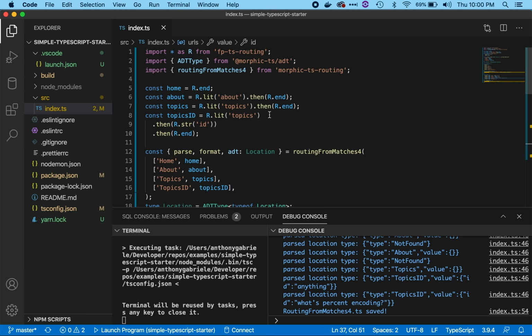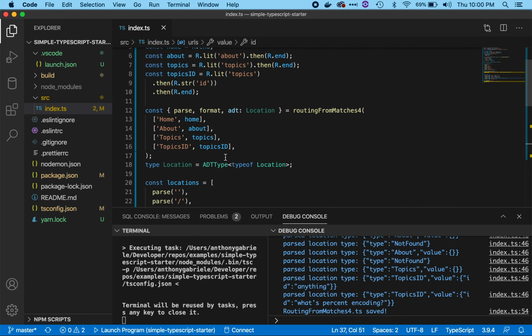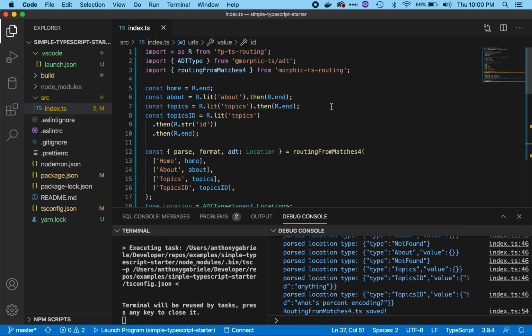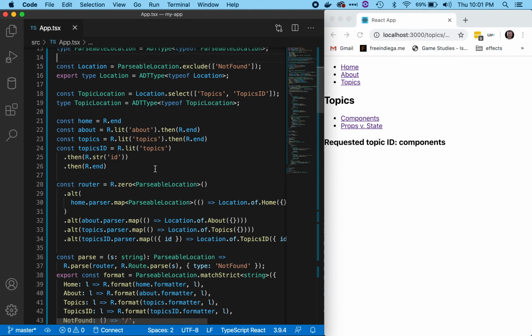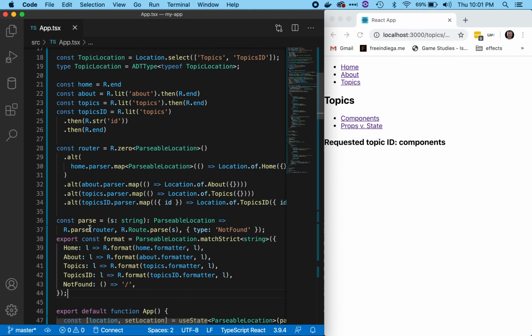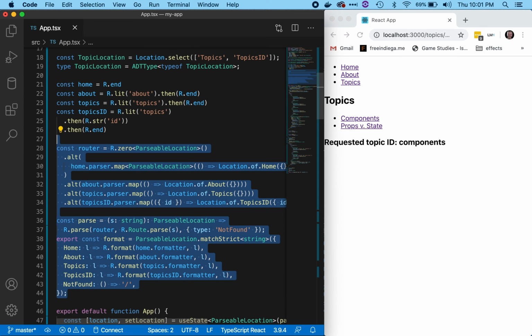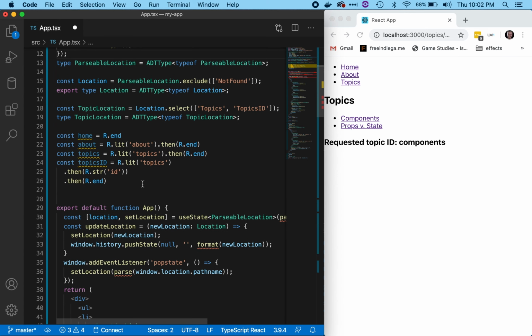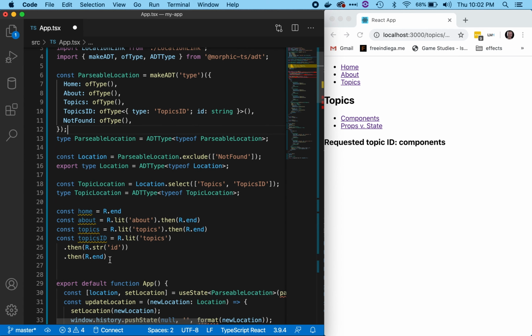But yeah, I mean, check it out. We just got rid of like a bunch of boilerplate. So let's try it in the app. Let's do the fun part first. Boom, you're gone. Okay, so we deleted all the parser and formatter, and now